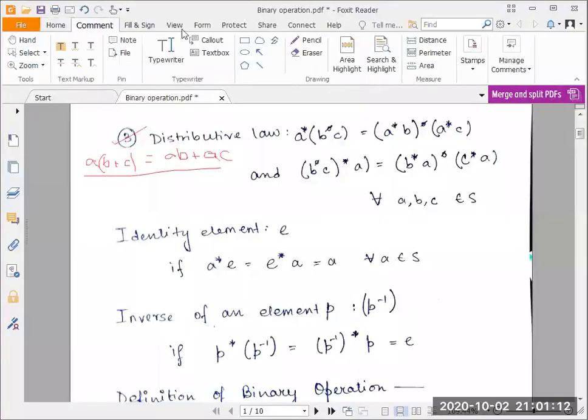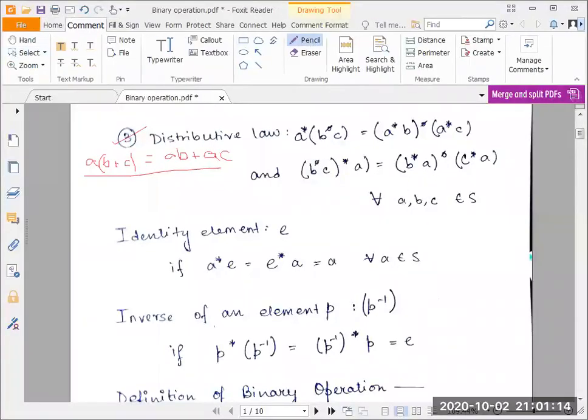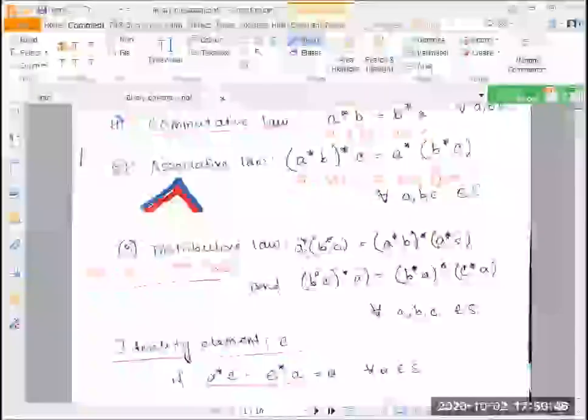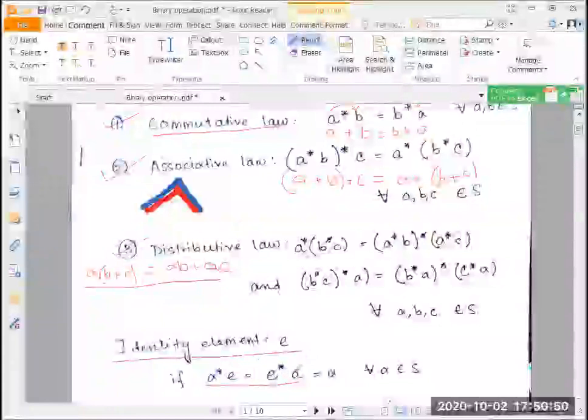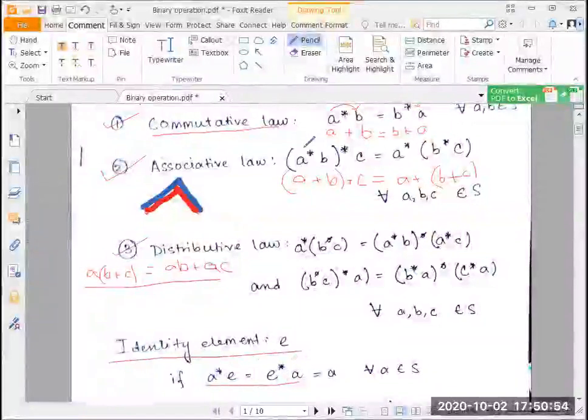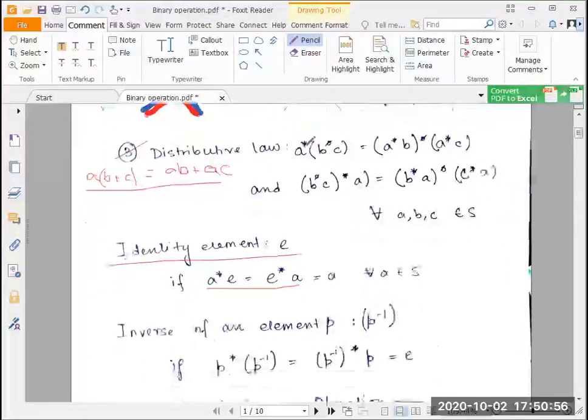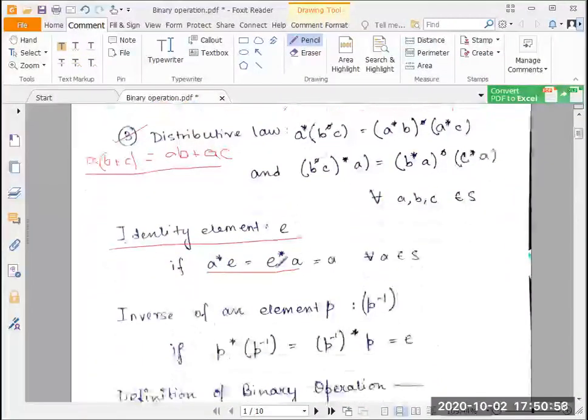So the next thing that we'll be doing is we'll try to find out what an identity element is. If we scroll back up, we can see that A star E equals E star A is essentially boiling down to the commutative law that we had discussed. So essentially we can already say that the identity element can only exist if the operation follows the commutative law defined on the set of operations that it considers. So if A star E equals E star A.